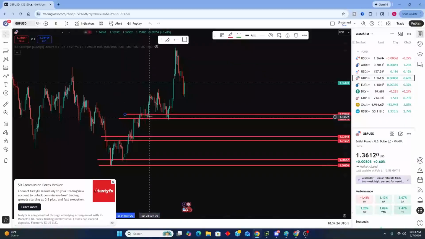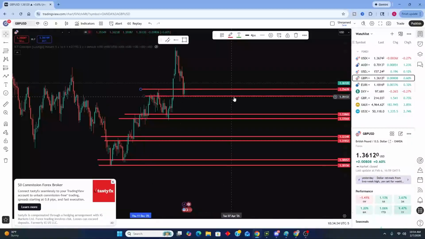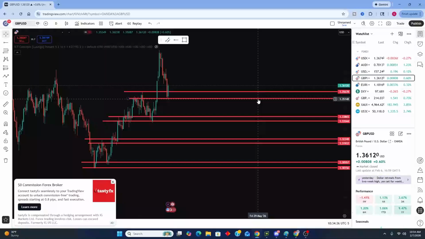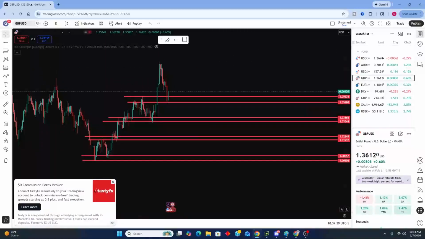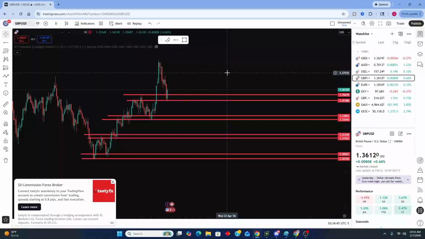We found support here, and we pushed up and came right back to it. So now look. We're anticipating to find support somewhere here. Cool. Now, if you know supply and demand zones, you know